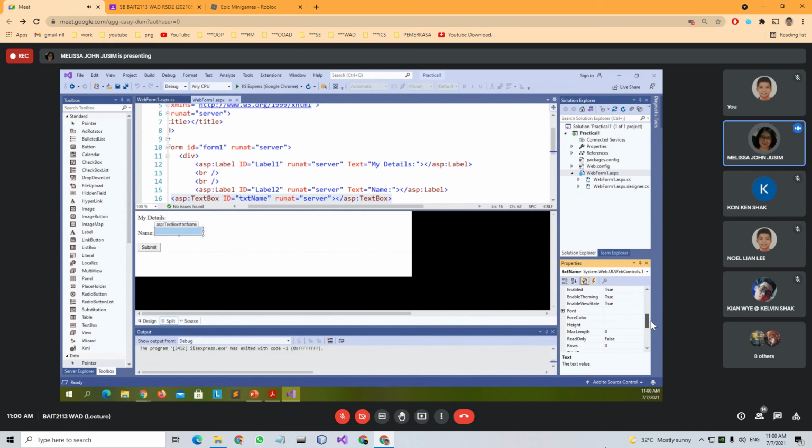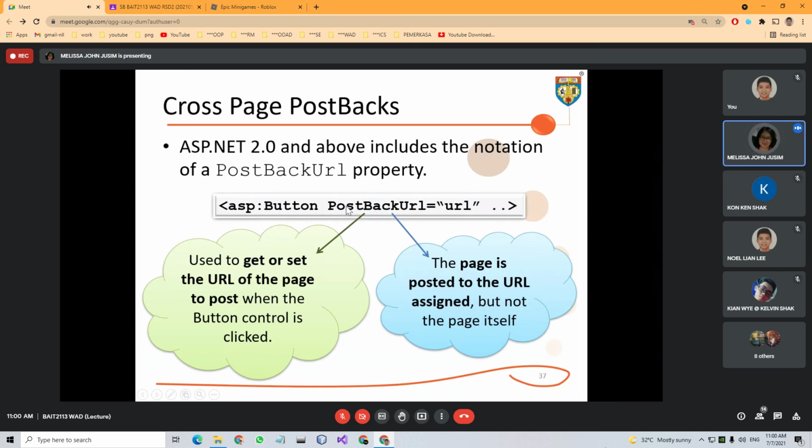Postback. I forgot already. Where's the property? I think it's in the form. So either you put it in the web server control attribute, the PostBackUrl attribute, or you can type it in the property window.